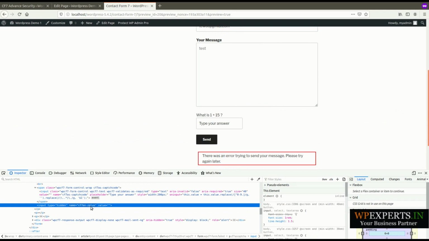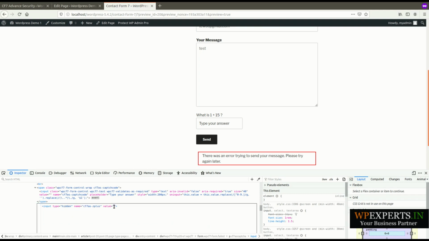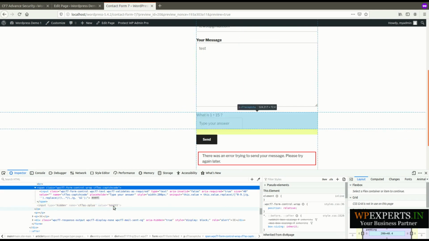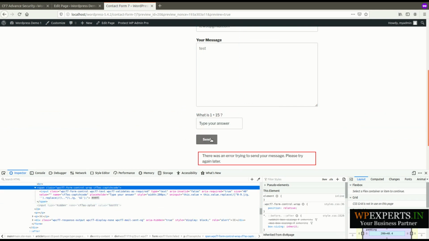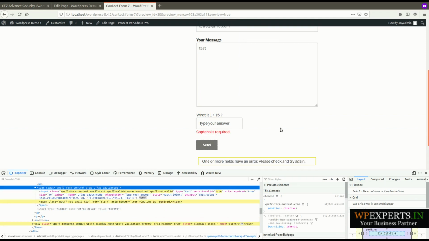In case of machine spam, the machine will also insert a value for our hidden captcha, like I am going to insert manually, test. Now I am trying to submit the form. It says captcha is required, so I am going to give the correct value here.